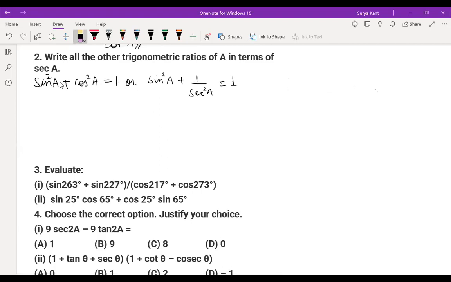Children, anyone having doubt in this step? No, sir. So we can write here like this: sine square A is equals to 1 minus